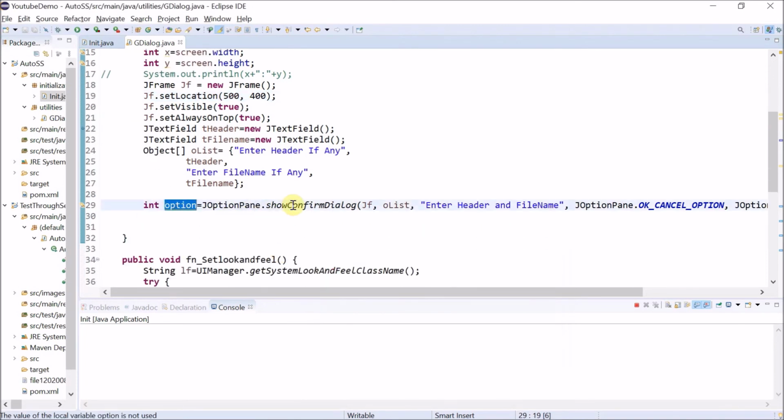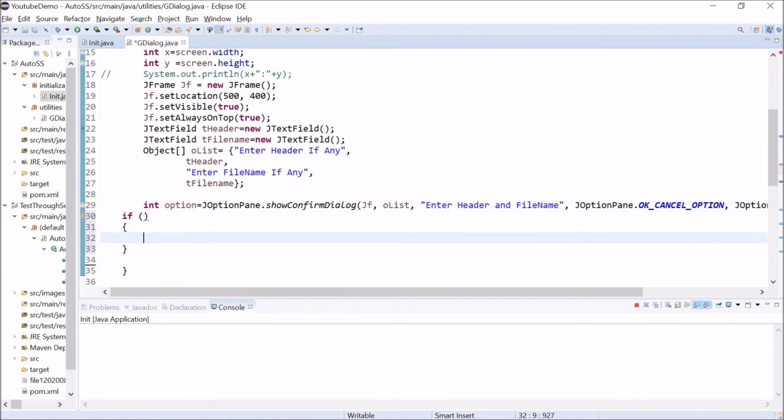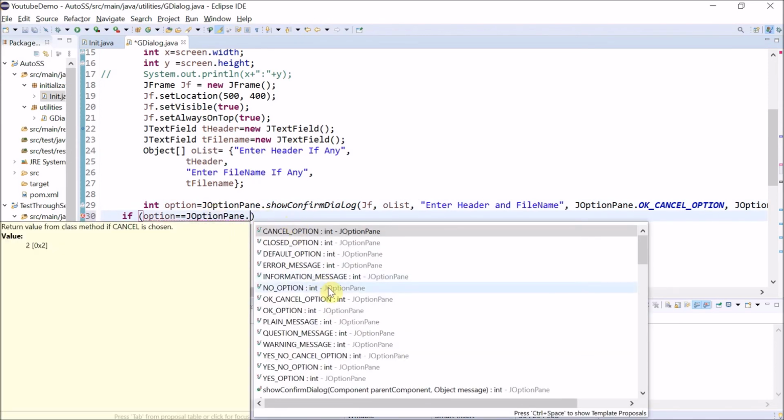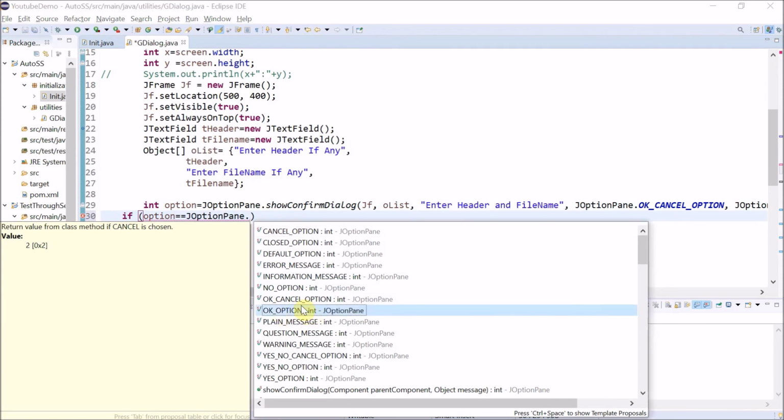Now you can see here, as we discussed earlier, this is the JOptionPane show confirm dialog. It is going to return one integer value. So let us put an if condition here. I'll just write something like this. So if my option value equals to, I'll write here dot, so if I click on the OK button on the pop-up, this is the OK option, you can see here it will return an integer value.